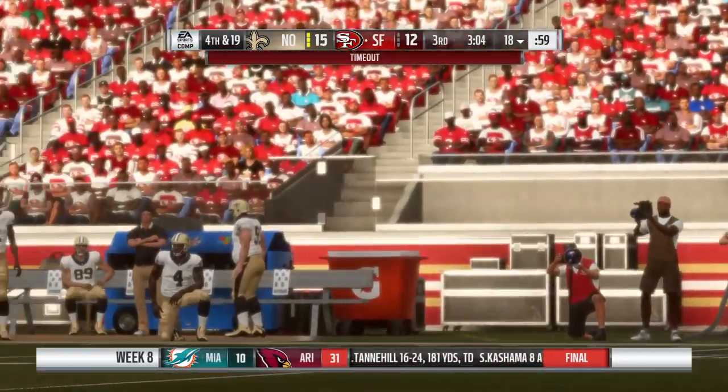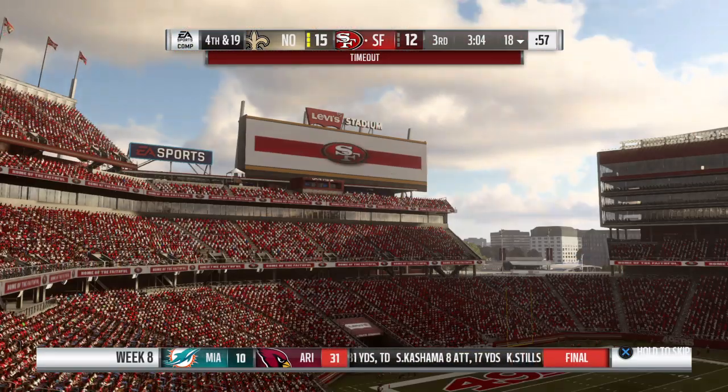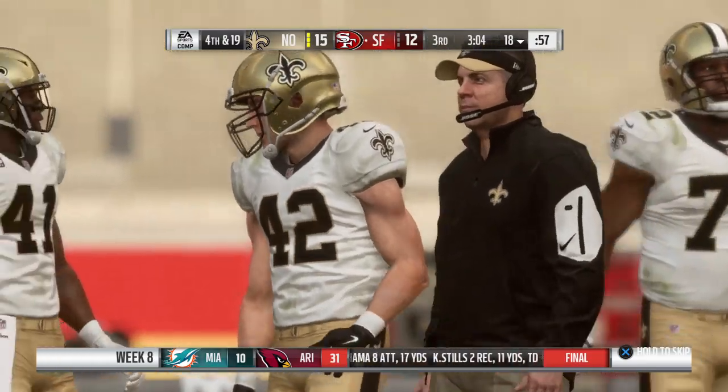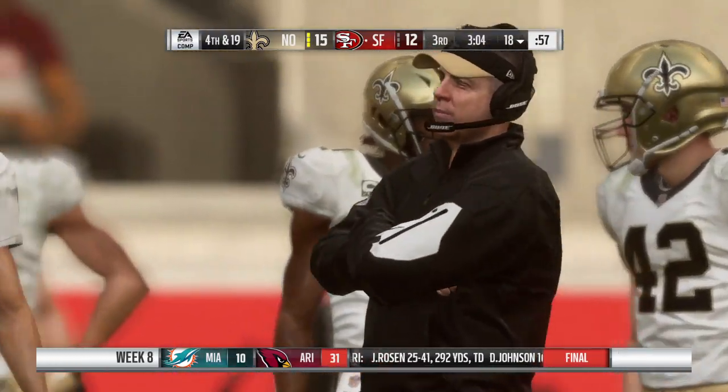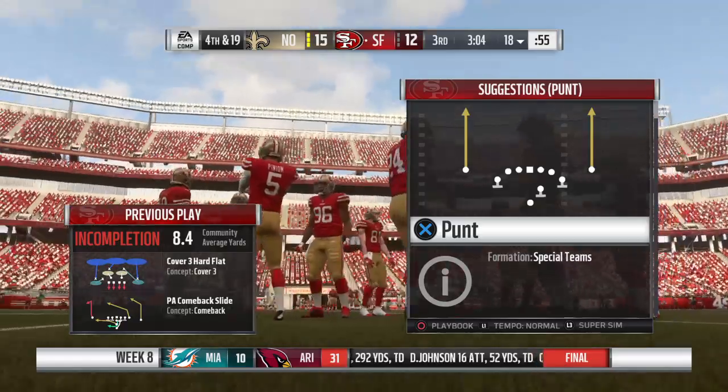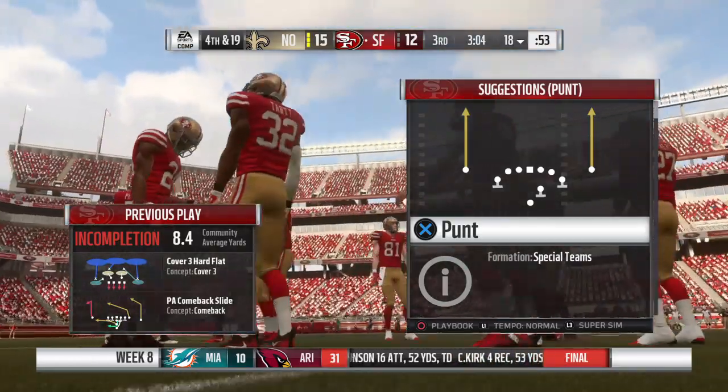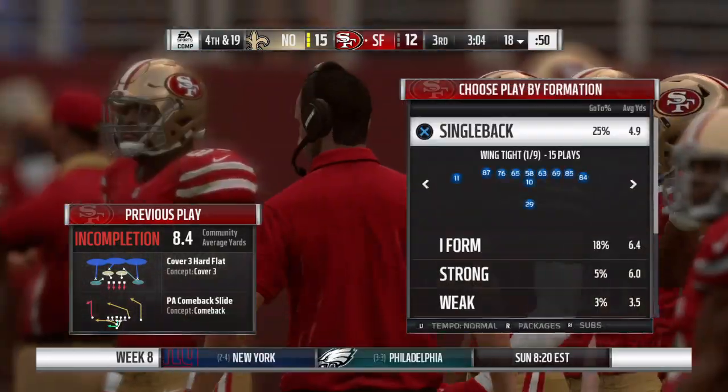And with the play clock winding down, we're going to get a timeout. So, boy, that's already the third they burned here. They are out of timeouts now before we've even hit the fourth quarter. And we're back. The offense had a chance to talk things over. We'll see what they come up with here on this next play.